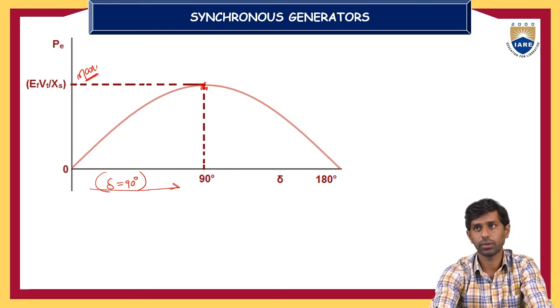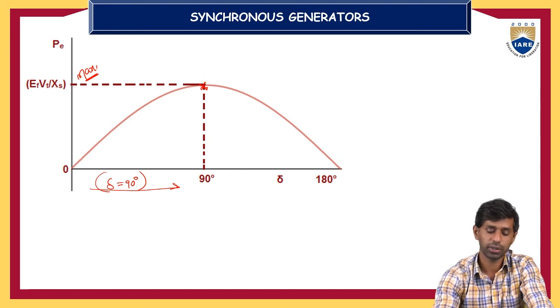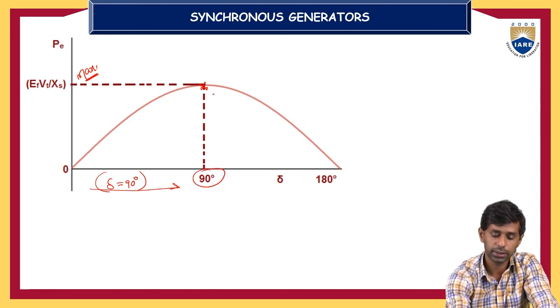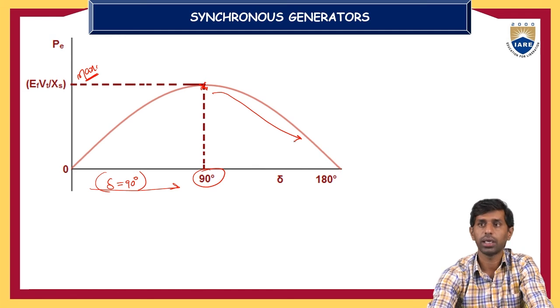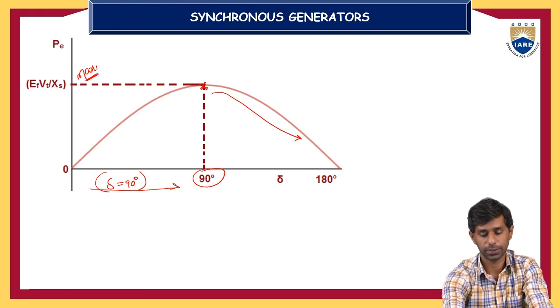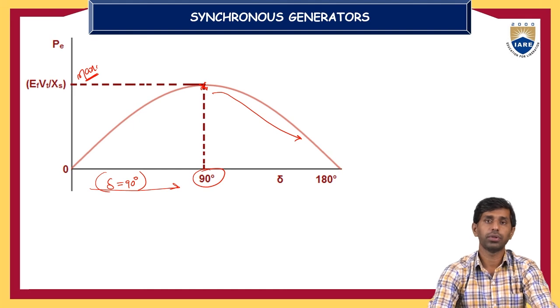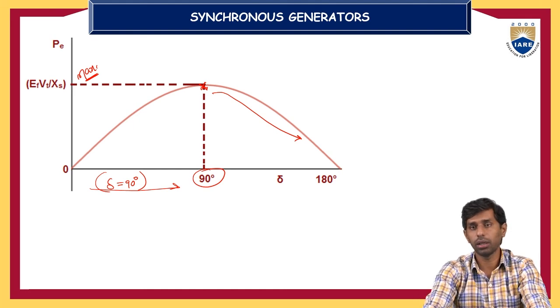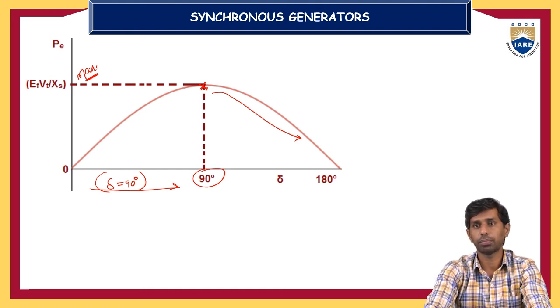After del increases beyond 90 degrees, the power decreases. The developed power output of the synchronous machine decreases because the poles fall back and lose synchronism. That means if the alternator is connected in parallel,